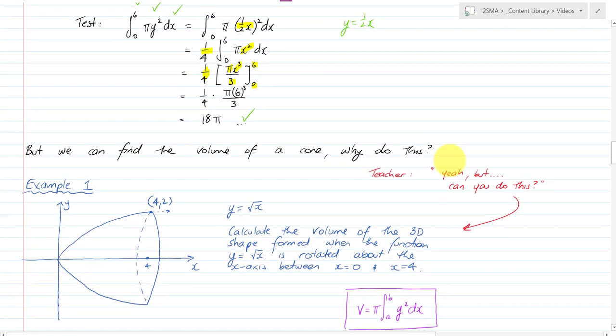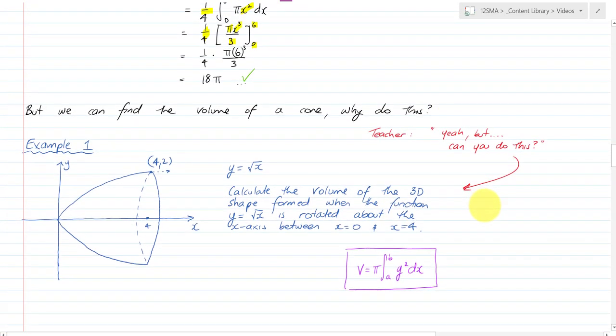You know, we can find the volume of a cone though. So why would we do this? And my response is, can you do this volume? This is the volume of the area under the function y equals the square root of x, and this is just a simple case. So this area here, if you took that area under y equals the square root of x and you rotated it around the x-axis the whole way around 360 degrees, you would create this shape, whatever